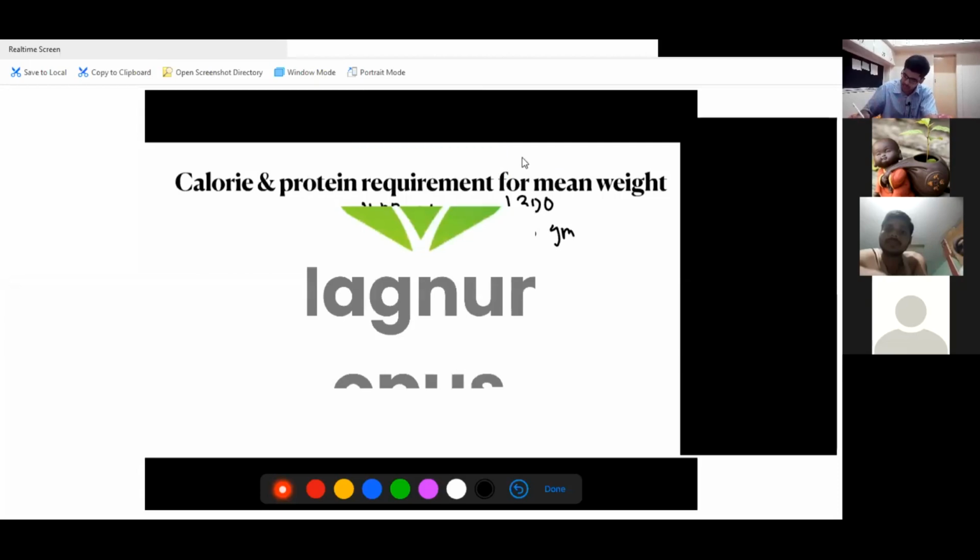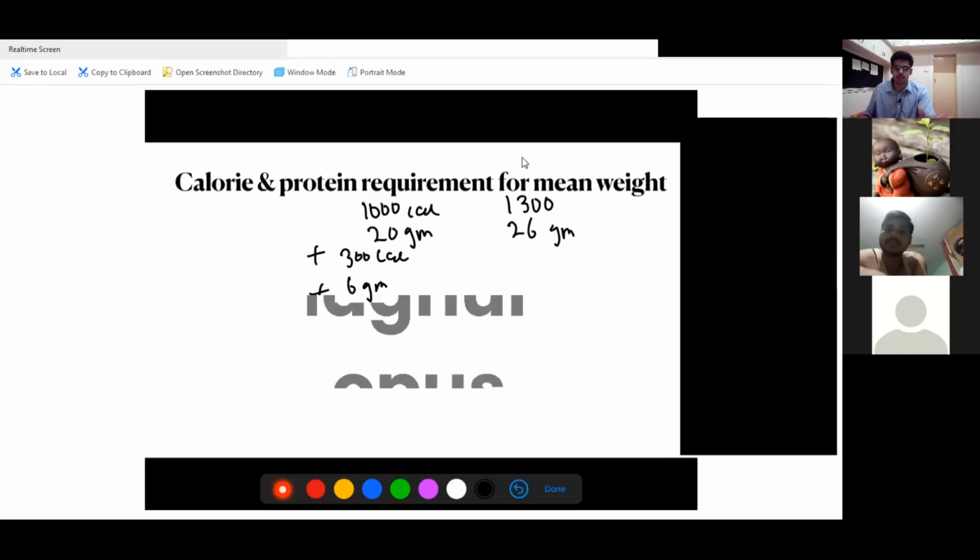You're going to tell this child 300 calories extra khawa or 6 gram protein extra khawa. It makes it so simple for you as a doctor to give this diet to the patient, because you don't take the headache of making the whole diet chart. You tell him, whatever you're eating, you eat that. Just add this food item that I am telling you.